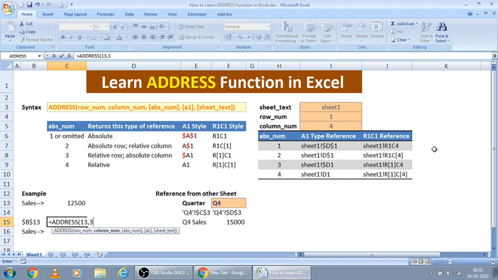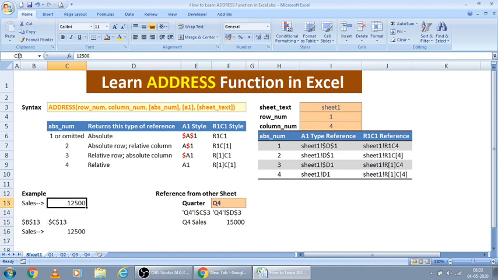If you just want an absolute reference and A1 type reference, there is no need to fill the other subsequent options. These are all optional fields. Just press enter. Just C13. See, C13 is coming in the absolute reference.